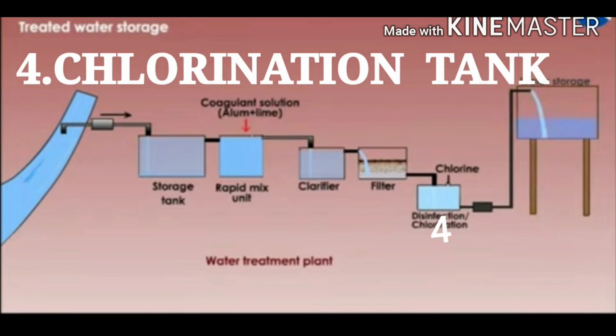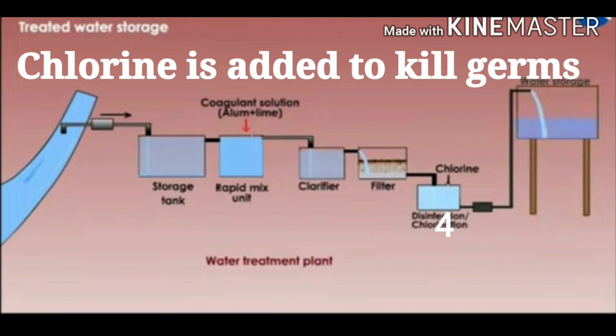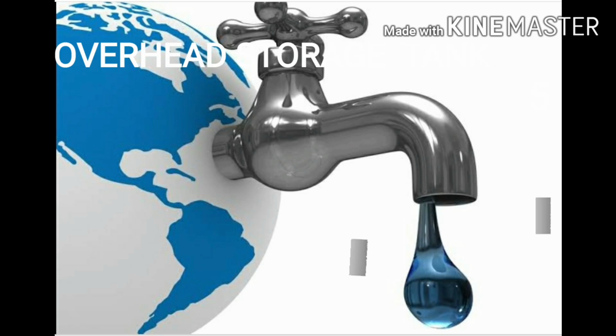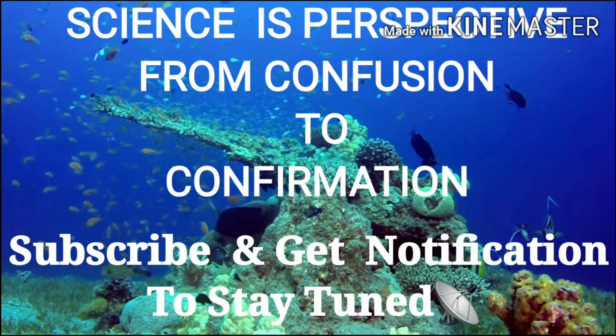Now the water is clean enough to drink, but still it has some smaller impurities, that is germs. These germs are killed by adding chlorine to the water. Now it is passed on to overhead water tanks for the supply to our homes. Is it clean enough, do you think? No. We think that it still gets impure on the way. When it reaches home, we still have to filter it using RO at home.